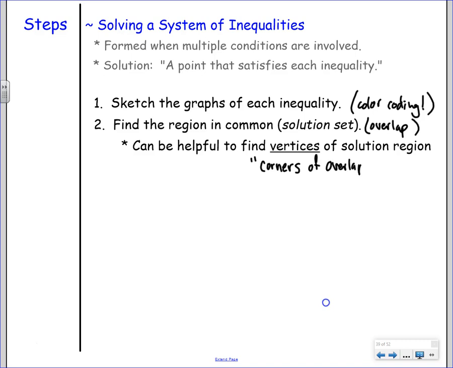The corners of the overlap. Now sometimes the overlap goes on forever, so there are no boundaries that completely hem it in or completely hold it back. Sometimes it goes forever in one direction, so there'd be no corners out in the infinite, out in the forever. But if there are any boundaries holding it back of multiple conditions or solutions, they're going to be located at the corners, and the corners are going to be able to be solved for by